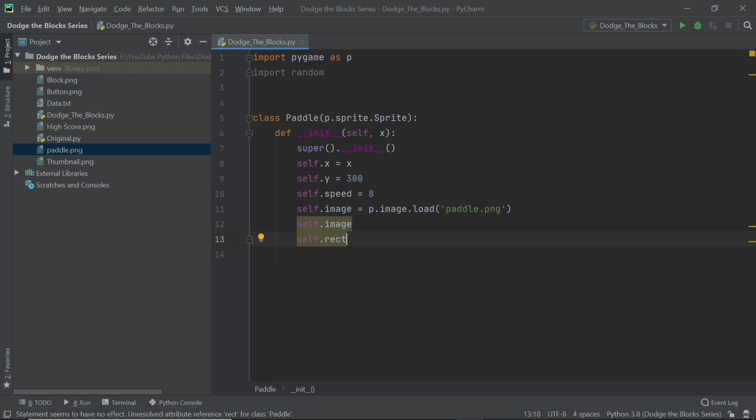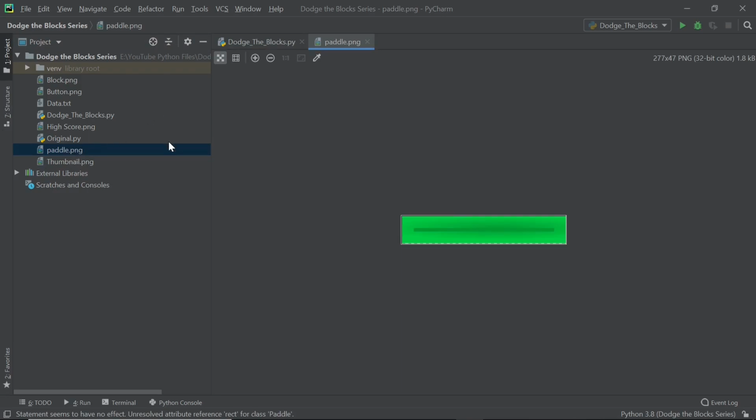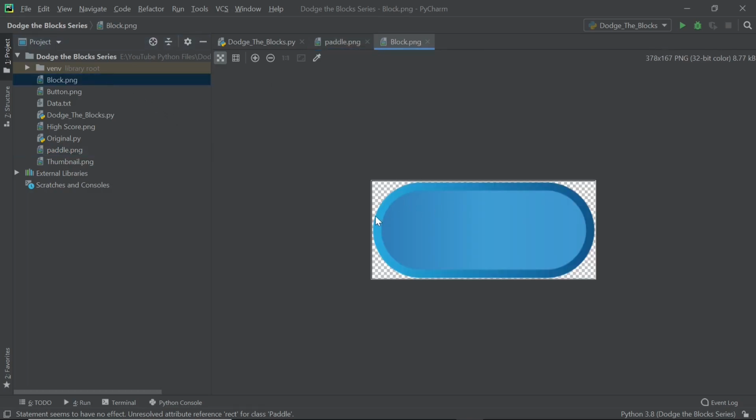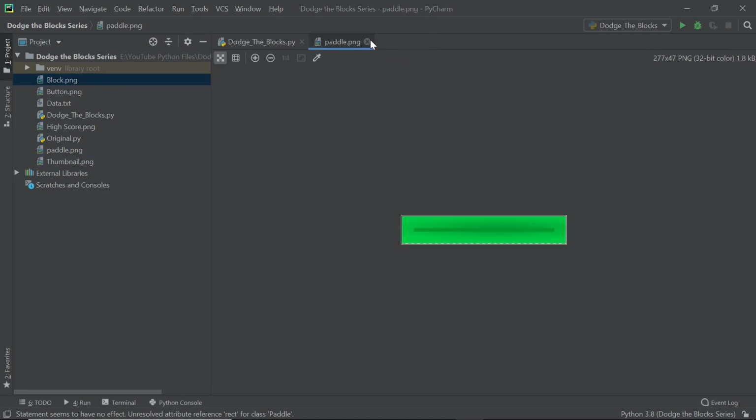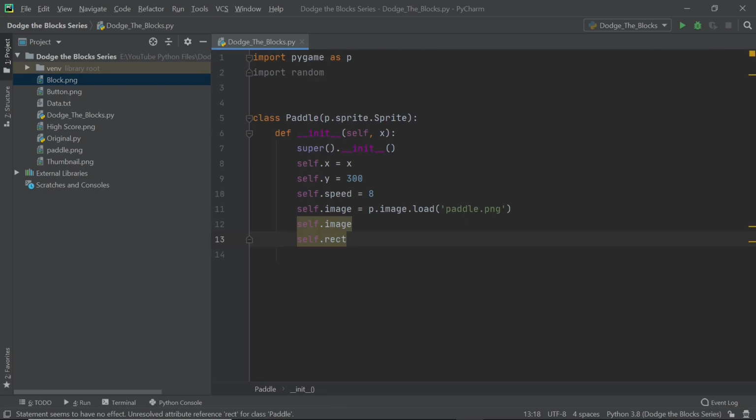But I'm going to be using a rectangle because this paddle is basically circular, and I'm going to use the rectangular collision for pretty much all our sprites. And I'm not even going to get into mask because all our sprites are just rectangles except the block, which is slightly curved on the edges, and that really doesn't matter. I think mask just makes no sense to use. The rendering speed would just decrease tremendously, and I don't really want that to happen.